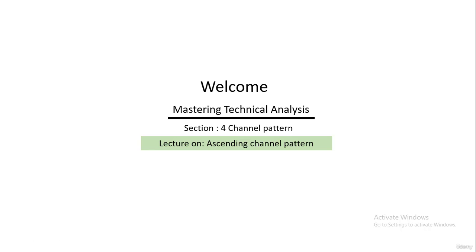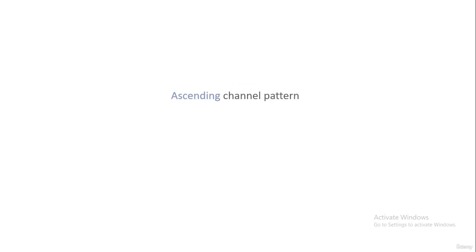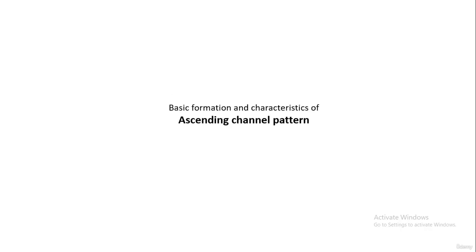In the previous lecture, I discussed the formation and basic characteristics of the trading channel pattern on a price action chart. From this lecture on, we will learn a strong channel pattern, that is the ascending channel pattern. So in this lecture today, I will be talking to you about the formation and basic characteristics of the ascending channel pattern. An ascending channel is a bullish continuation pattern where the price movement is contained between two parallel ascending trend